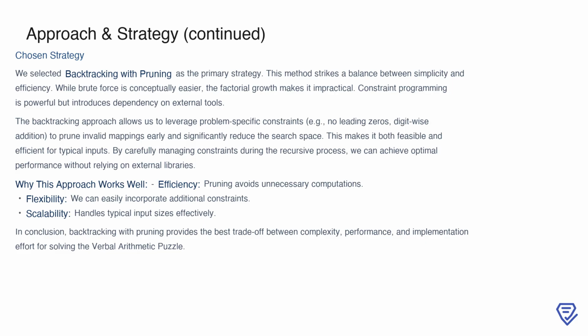This method strikes the right balance between simplicity and efficiency. While brute force is easier to conceptualize, its factorial growth makes it impractical for large inputs. On the other hand, constraint programming is highly optimized but comes with dependencies on external tools and limited control over the process. Backtracking with pruning allows us to directly leverage problem-specific constraints, like avoiding leading zeros and validating digit-wise addition,